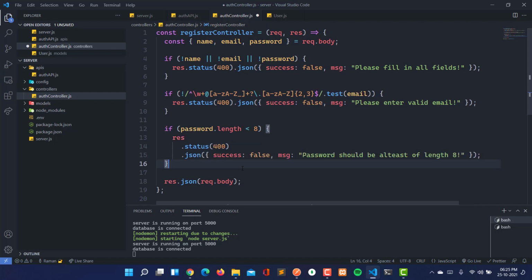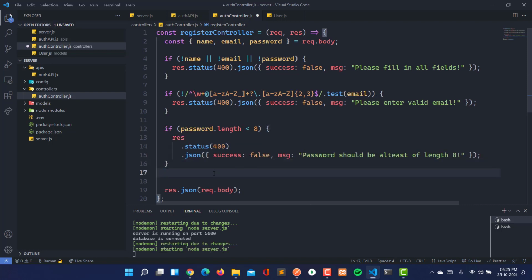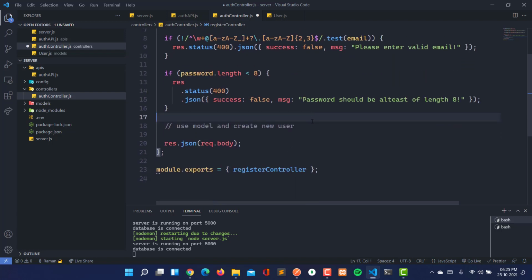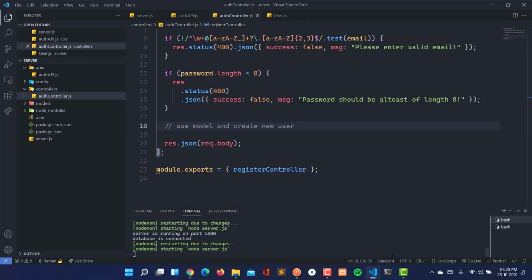So just I'm going to save this, and if everything is correct, then we are going to use the model and create a new user here. Just save this here and let's see what we are getting.